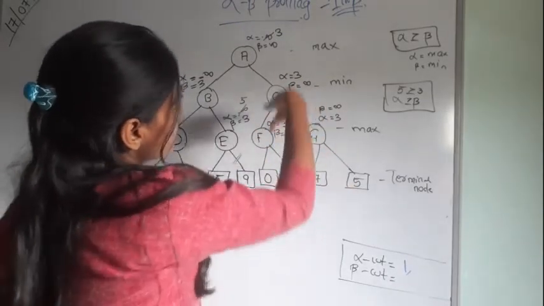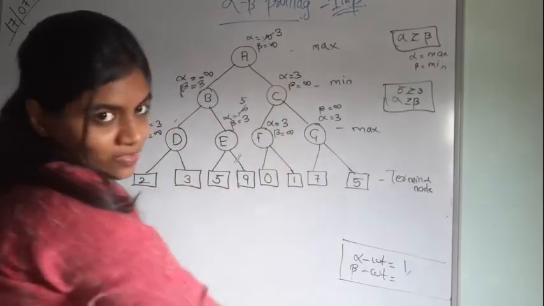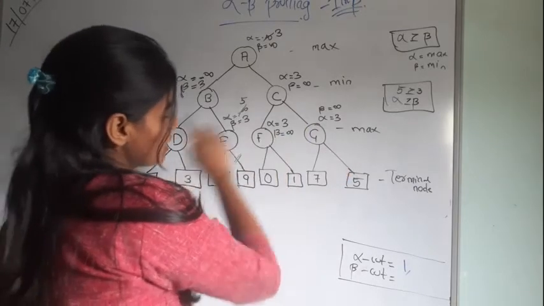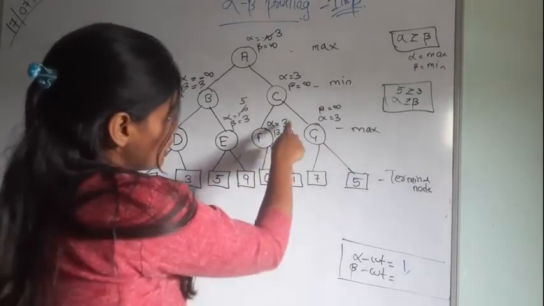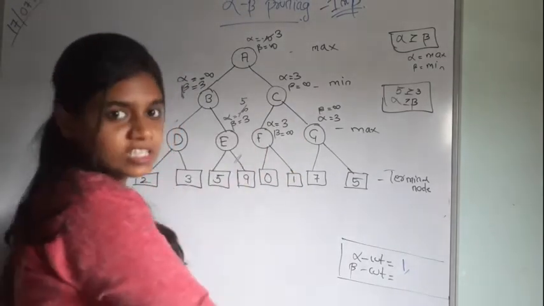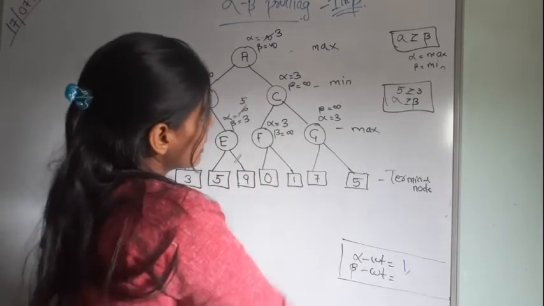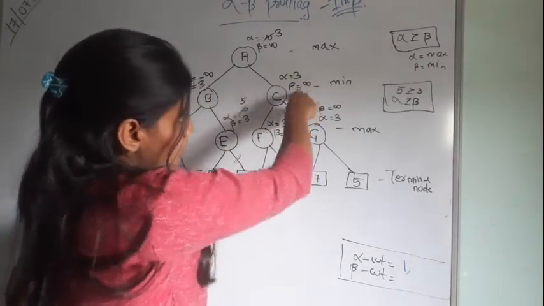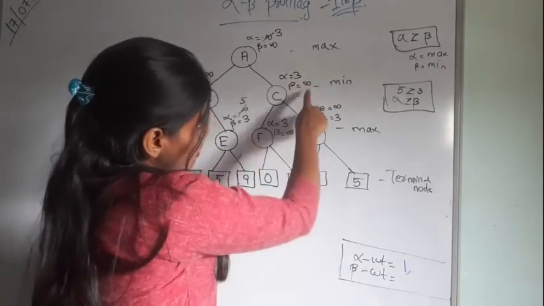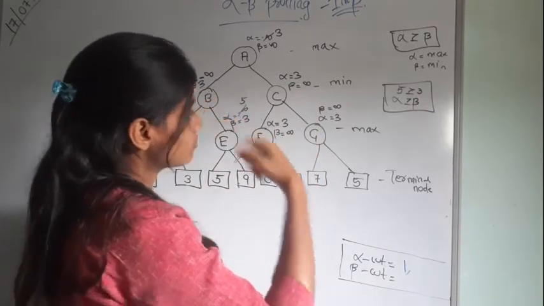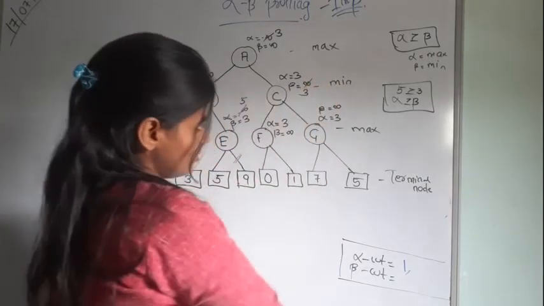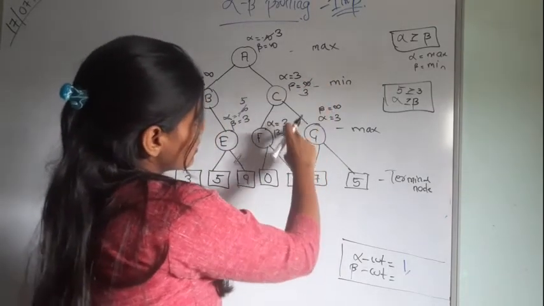to take all these nodes and then you have to see how many prunings we get. So you can see here 0 and 1. This is the maximum layer, so you will only change the alpha value. Which one is the maximum, 3 or 0? 3 is the maximum. Which one is maximum, 3 or 1? 3 is the maximum. Now we go to the minimum level. Here which one is the minimum, 3 or infinity? 3 is the minimum, because between infinity and 3, 3 is the minimum.